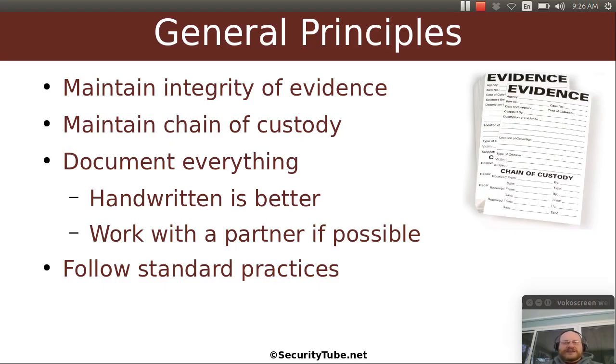The other thing is that once you've collected evidence, you have to maintain what we call the chain of custody. So you have to make sure that that evidence doesn't become corrupted. If it's physical evidence, typically it goes in a bag with a label, and on the label is every person that took it out of the bag. Another principle: